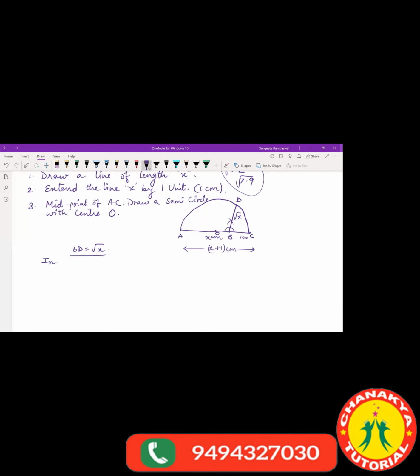Okay, so now let's see. Now we have this triangle, and this is a perpendicular here. We get this right angle triangle. If we join O to D, we get the right angle triangle OBD. Now this is a right angle triangle OBD, and whenever we have a right angle triangle, we always apply Pythagoras theorem. So here in this case,